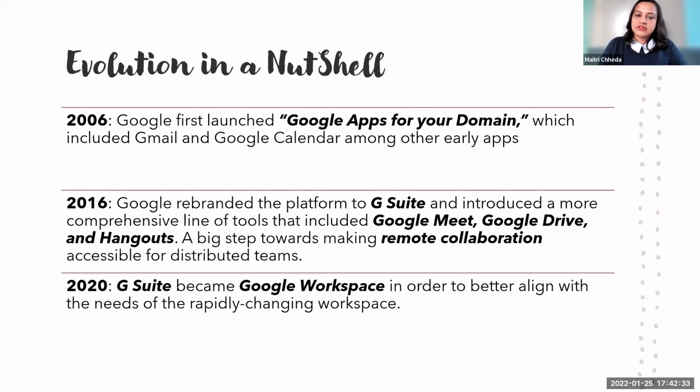In 2006, Google first launched its applications. Then we used to only use Gmail and Google Calendar. There were also other applications which have been more or less phased out, or probably reinvented. There was Google Chat, which they discontinued for some time, and now in Google Workspace it is back. Among other apps, Gmail and the calendar are the main ones which have continued and evolved over a period of time. People who might have used Gmail back in 2006, I was one of the beta users then, will realize that Gmail has come a long way.